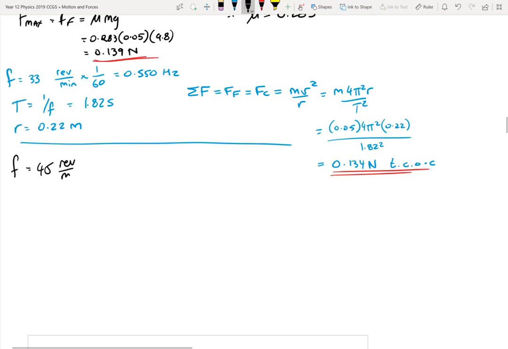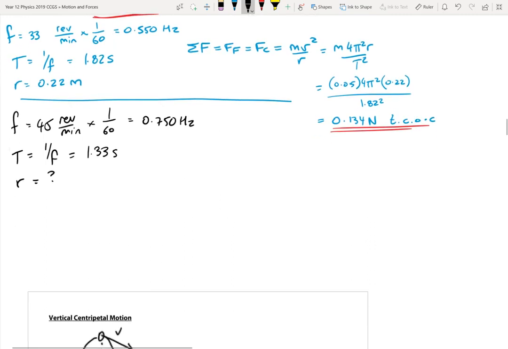45 RPM. So again, converting our minutes to seconds gives us 0.750. Time is the inverse of that frequency, so we get a time of 1 over 0.75, which is 1.33 seconds. Now, here's what I'm going to do. The question is,